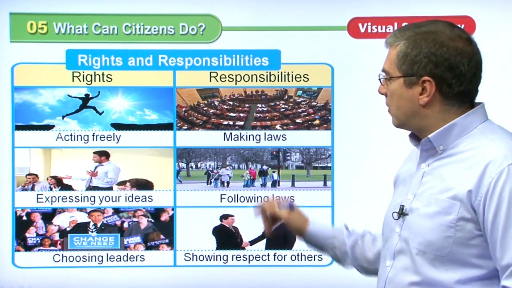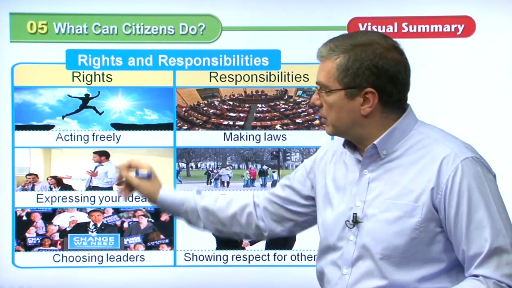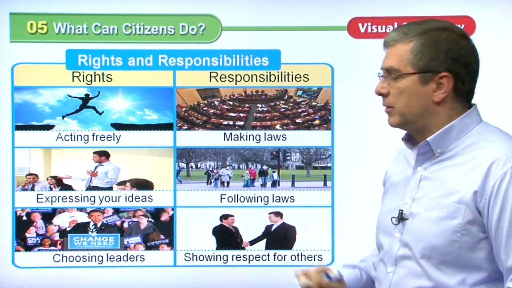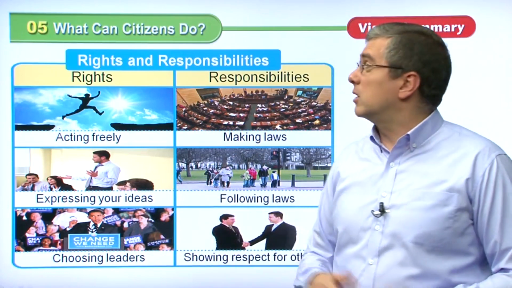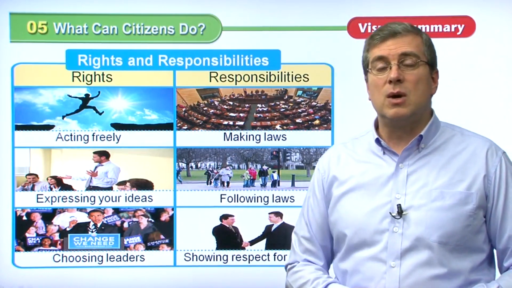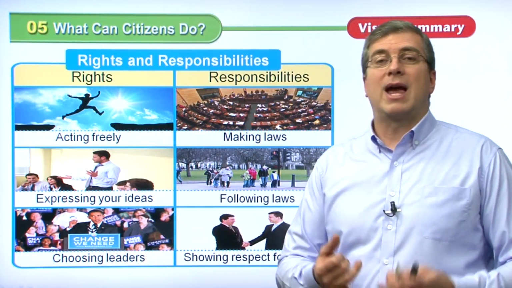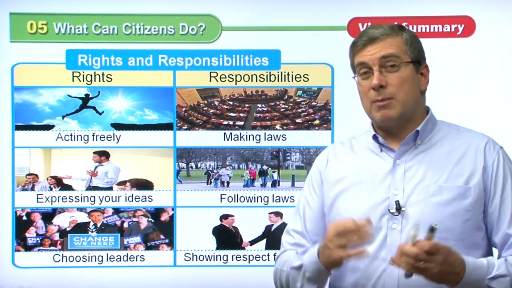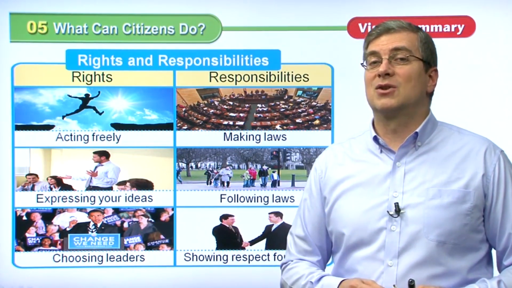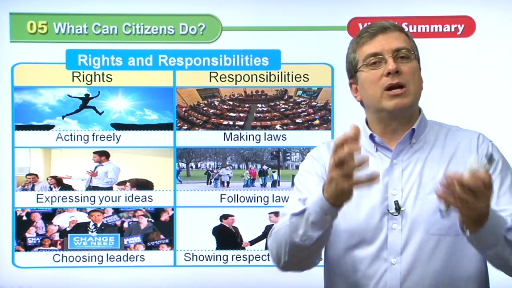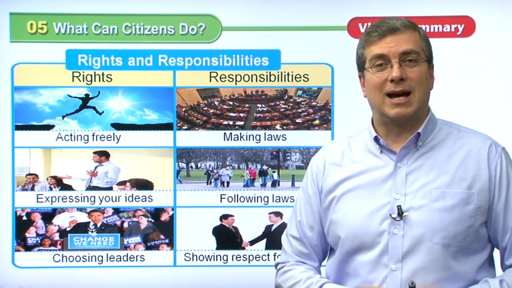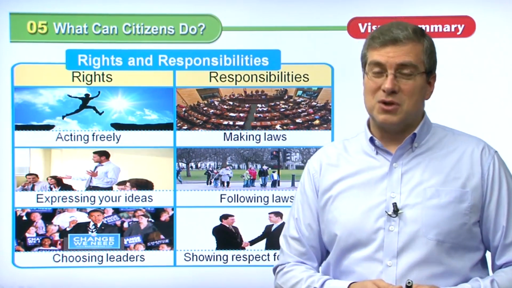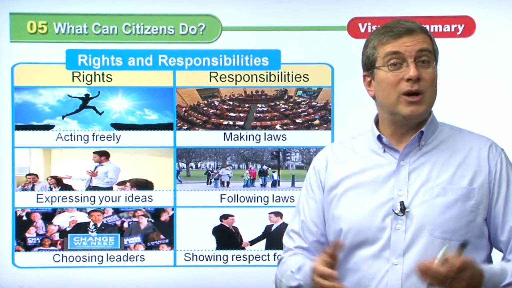Okay, so we have all these different things. We have different examples of rights. We have different examples of responsibilities. And that's basically what our unit was about. Unit 5, what can citizens do? Citizens have rights and we have responsibilities. So think about that. These are very important ideas to remember and to think about: what are your rights as a citizen and what are your responsibilities as a citizen. Even though you're young, you still have both and you enjoy your rights. But